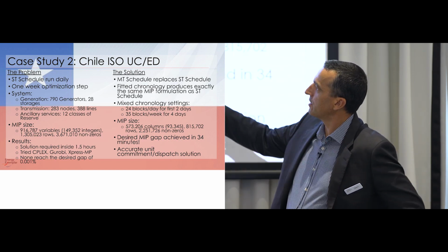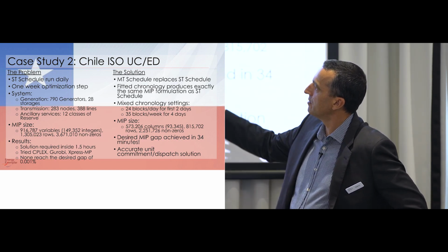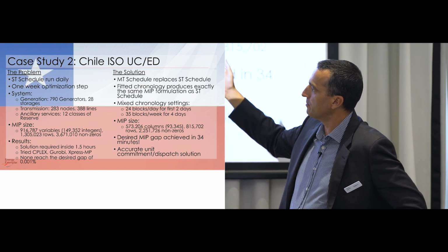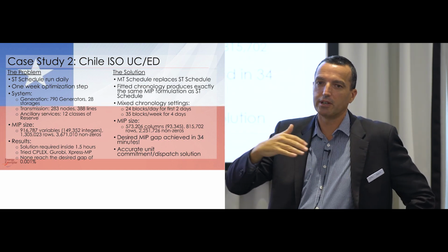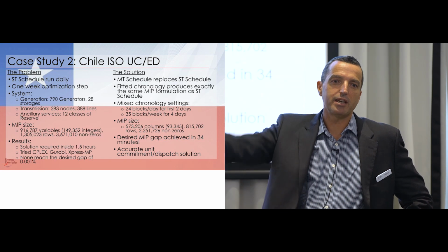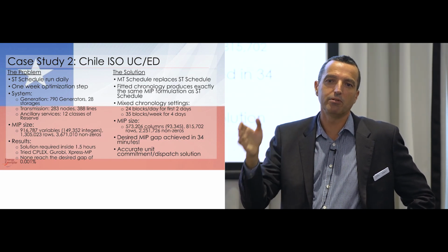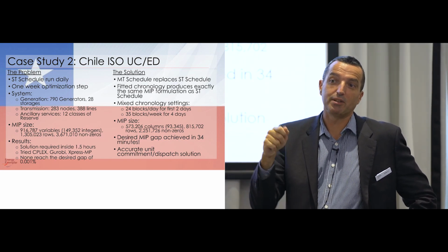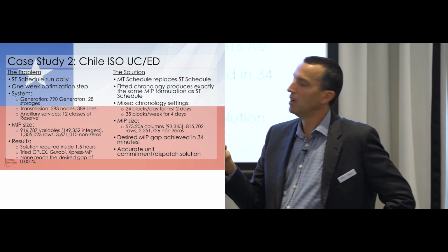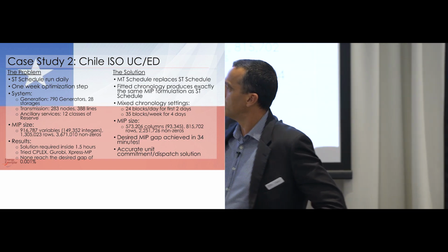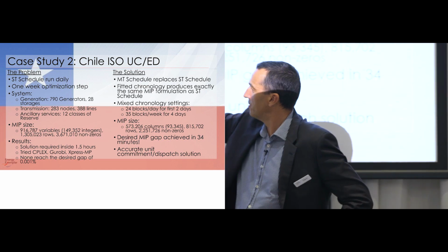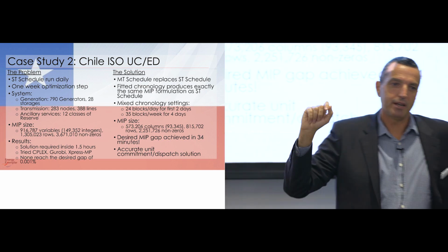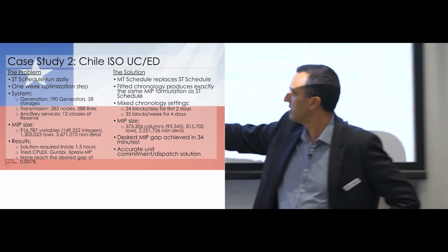So this was for the Chilean ISO, and they run a unit commitment and economic dispatch problem on a daily basis, looking a week ahead all the time. And they have to run this model, not just every day, but they may have to rerun it within the day as well. So they had a target of 1.5 hours to solve this problem,